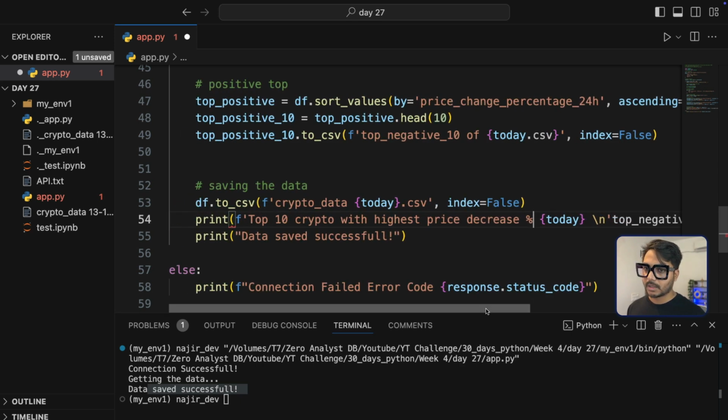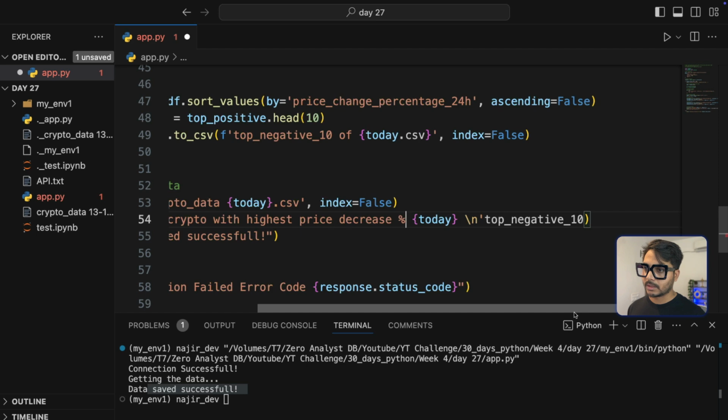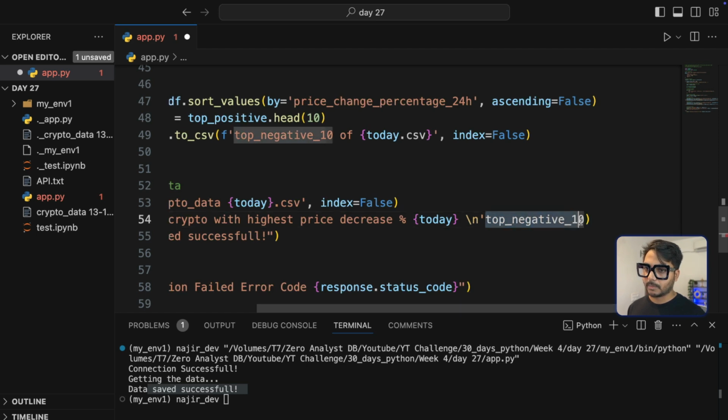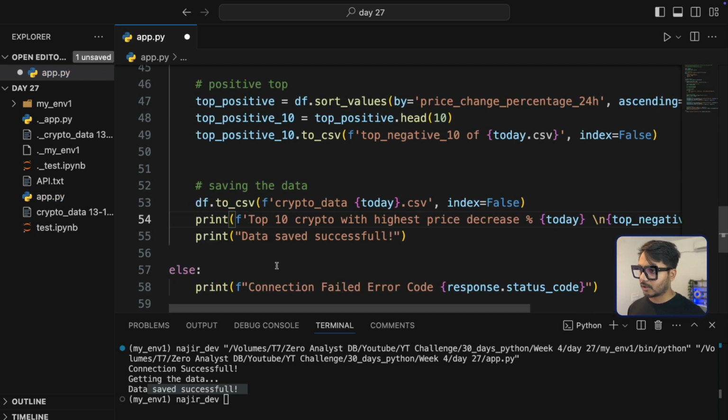And next what I need is this. Okay, so top 10 here, this top 10 I just need to pass inside this, which is called variables, and I'm just not ending it here, but I am ending the string here. Okay, so this is fine. This is going to print this top 10 with the highest price decrease,